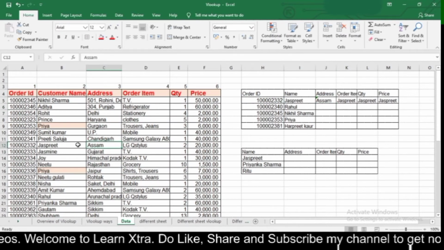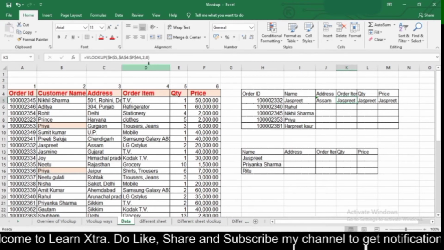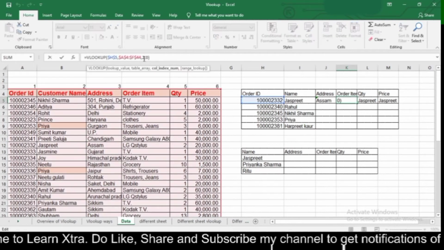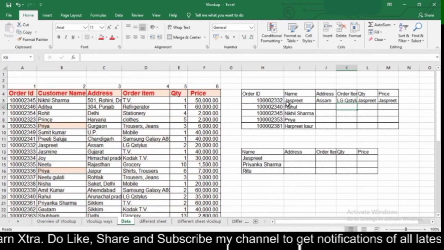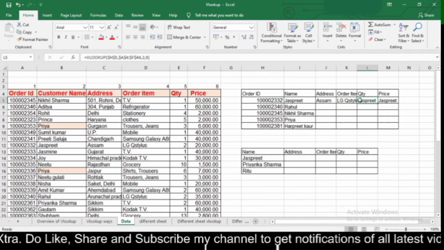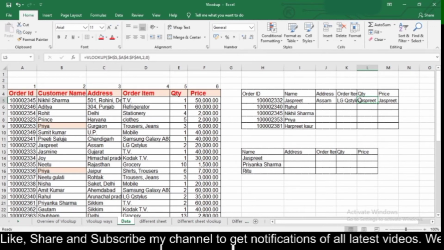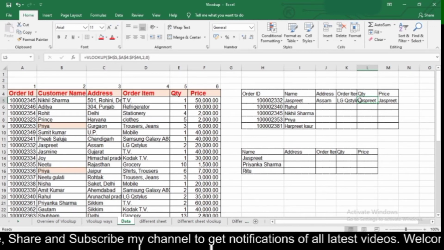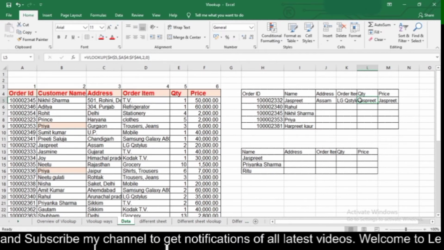Then again, order item, which is in column number 4, if I change it to 4, then I will get my answer. And so on. So here you need to change the column number in every formula, and as a shortcut you can use